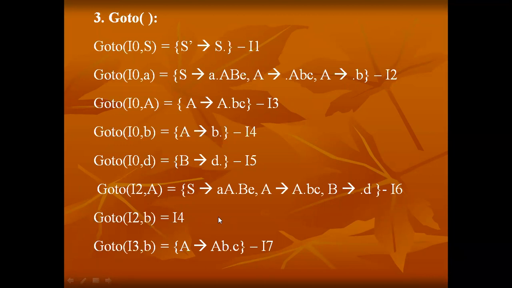And I'm not repeating the same production rules, right? So directly I'm giving the existing item number here. So I am writing the existing item number 4 at goto of I2 comma B, where this is an already existed item number. If you write again, then you will get confused when you are constructing the parsing table. So not to get confused, we are eliminating or rectifying such type of duplicates.